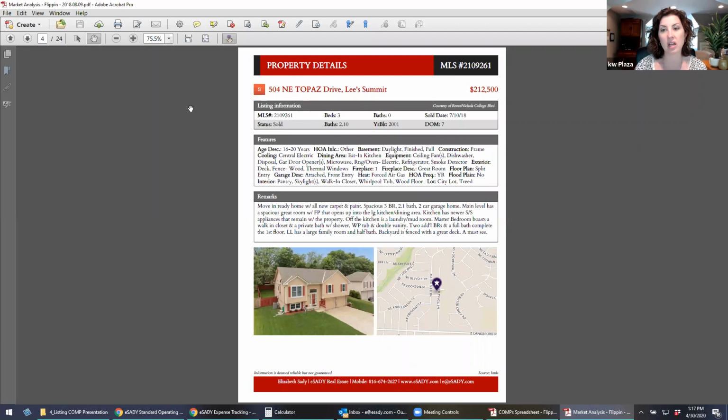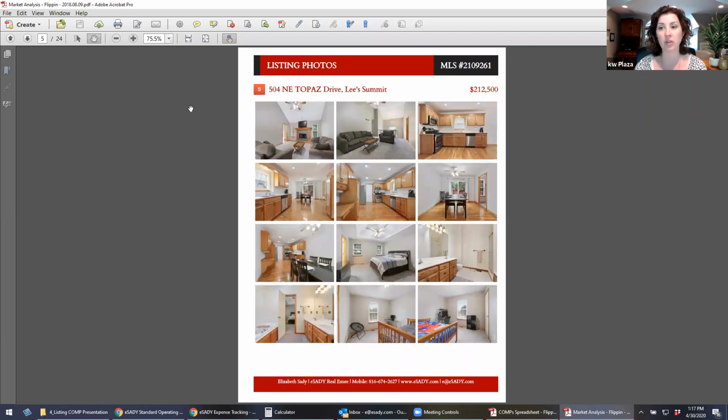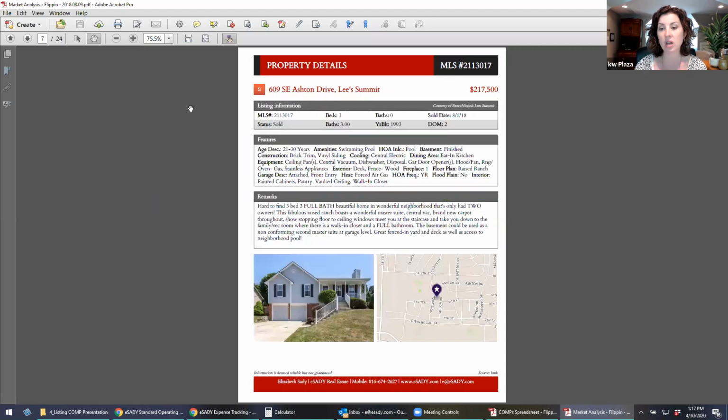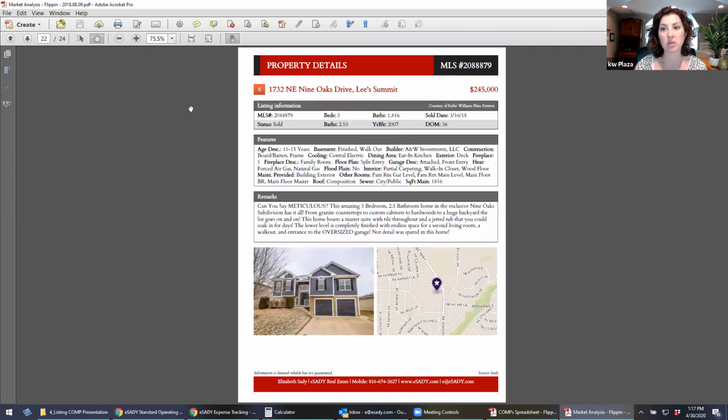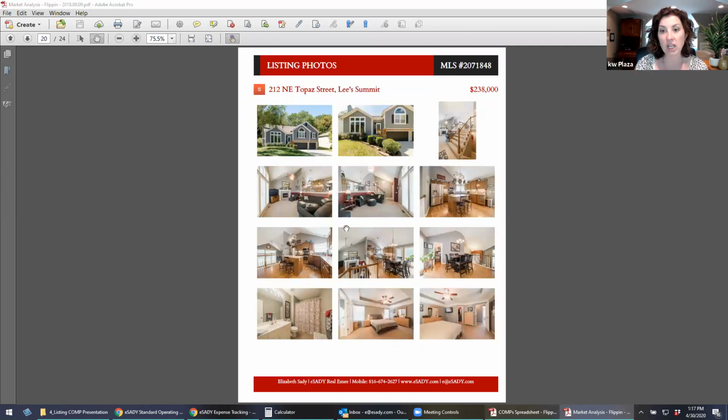And then I also would include the photos for the other properties. So like this property was actually a similar floor plan to theirs, so we could go through more of the pictures. So this was where I would go to say, oh, sometimes we'd be looking at this spreadsheet and they'd want